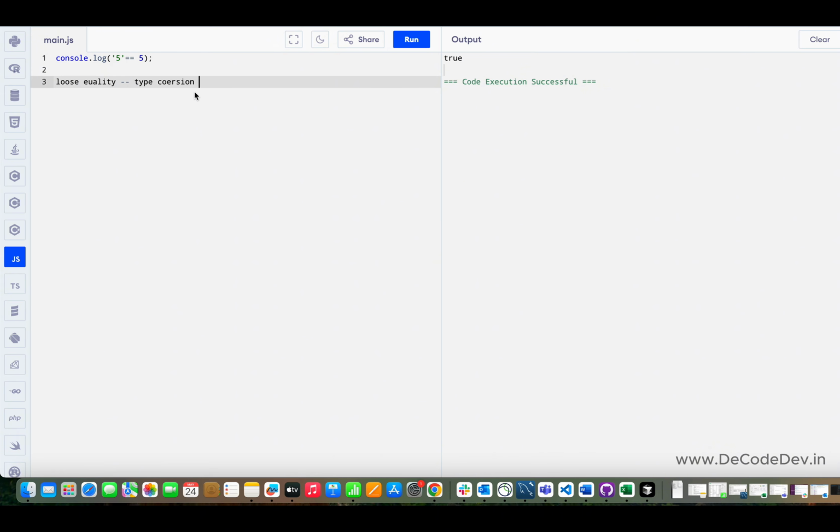that happens. So what is the type coercion? So basically JavaScript tries to convert this string of 5 into the number of 5, right? So this string of 5 gets converted into the number of 5, and then this number of 5 is compared to this number of 5, so that's why we get true as the answer, right? So also if you see